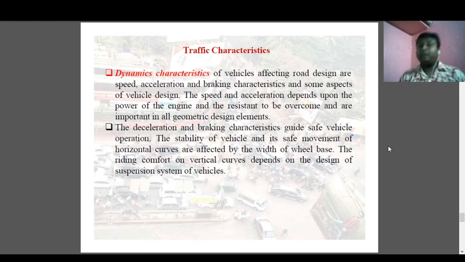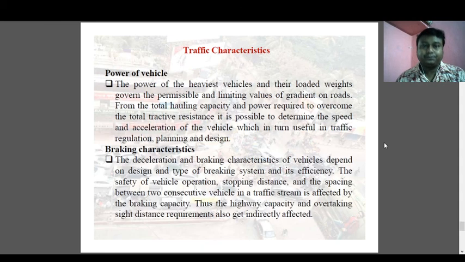This is one of the very vital and significant issues in traffic characteristics, because it is the most important in hilly areas. Not only in hilly areas, it is important for all such types of area, but in the hilly terrain it is comparatively tough to manage the dynamic characteristics rather than in plain terrain. So it is a challenging task to maintain the dynamic characteristics in the hilly area due to the less width of the road, or due to the less turning radius of the horizontal curve.